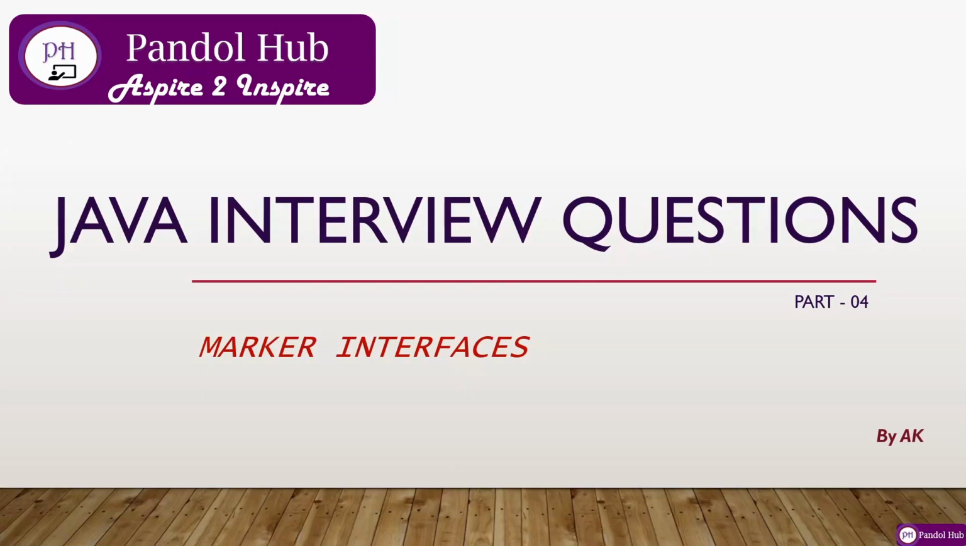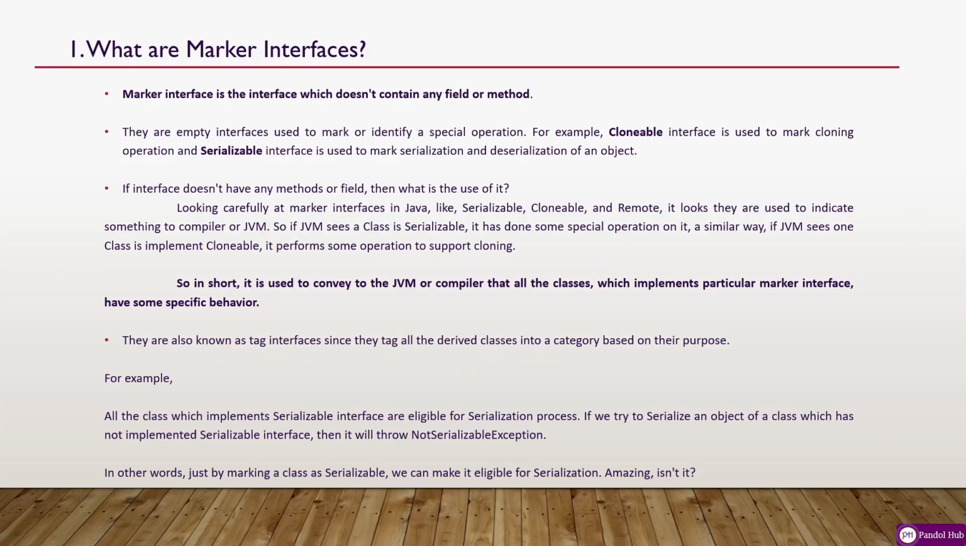So today we are going to look into the Java interview questions, which is part 4, and especially we are going to concentrate on the marker interfaces. So what are marker interfaces? A marker interface is an interface which doesn't contain any field or method. So they are empty interfaces used to mark or identify a special operation. For example, the Cloneable interface is used to mark the cloning operation and the Serializable interface is used to mark serialization and deserialization